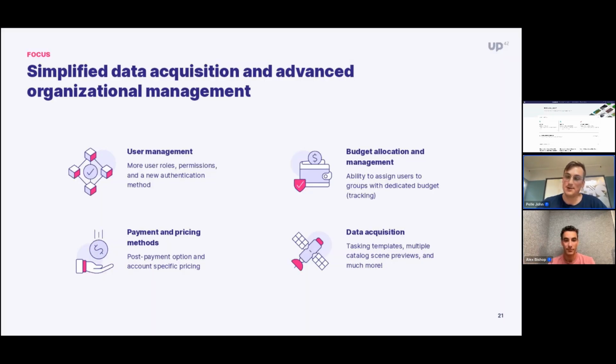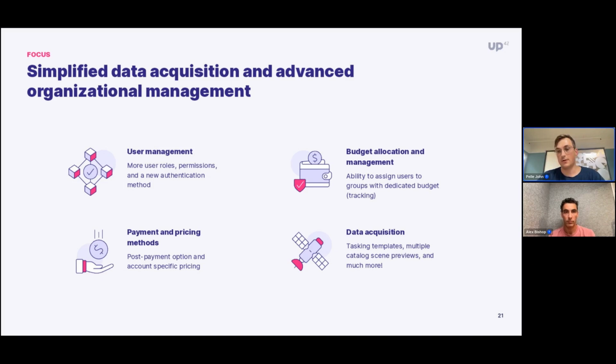Besides some of the things which we have already mentioned, bringing in more data collection, bringing in more processing capabilities, we want to scale with the organizations we have on our platform already and make it even easier for you to manage all your data acquisition and processing needs. So until the end of the year, UP42 will be focusing on bringing in more user roles. So we will have users with an admin role, people who can place and manage orders, and then viewer roles where you can bring in other teams of your organization to basically search and use the geospatial